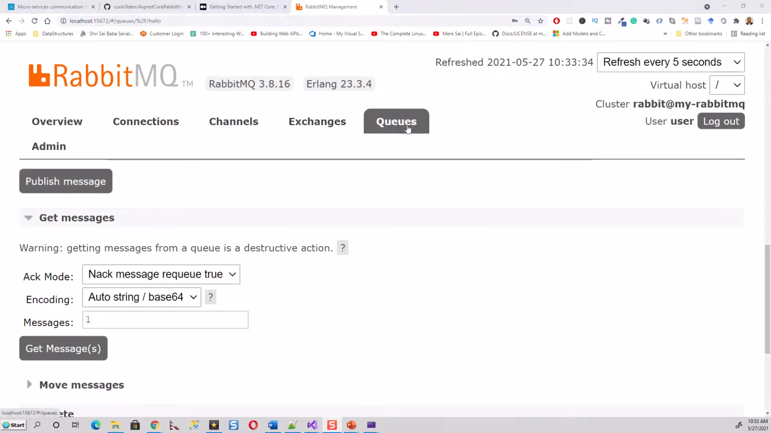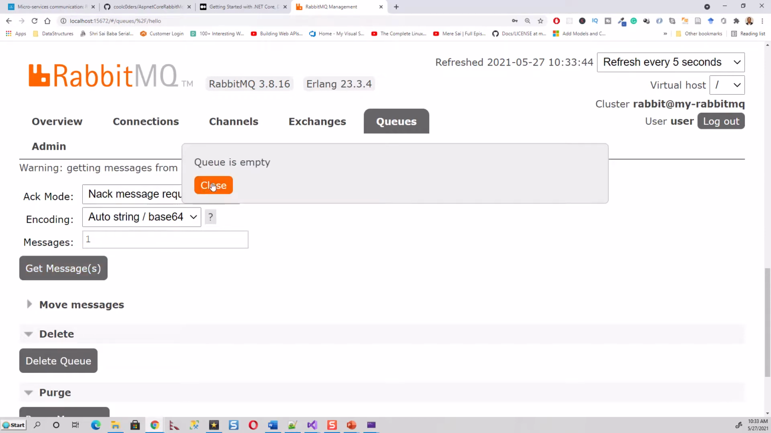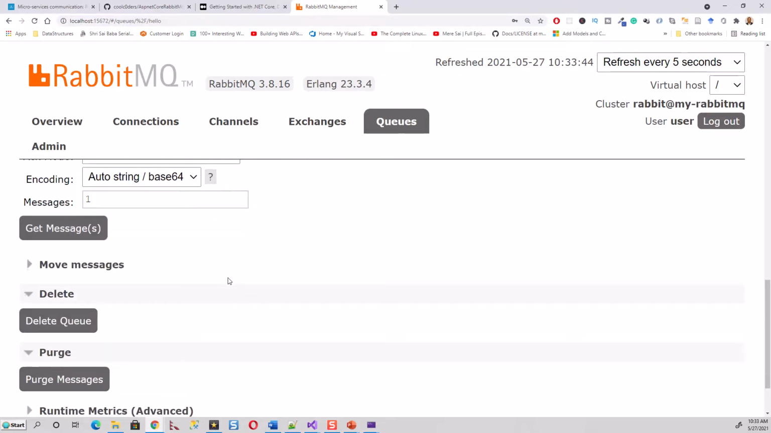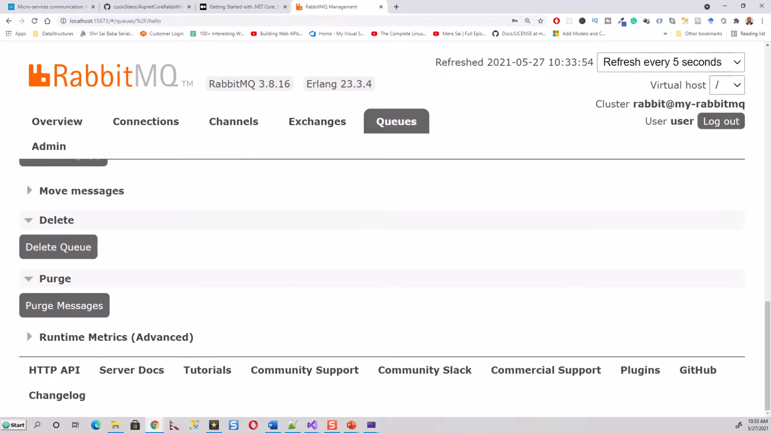And then if you see the messages, you can again see the messages from the queues tab. This is get messages. If you click on get message, the queue is empty because it has got one message, and that's all. And you can delete the queue, you can purge the messages, and whatnot. So let's switch over to Visual Studio again,